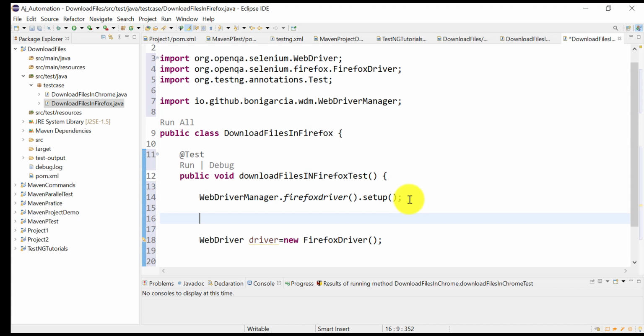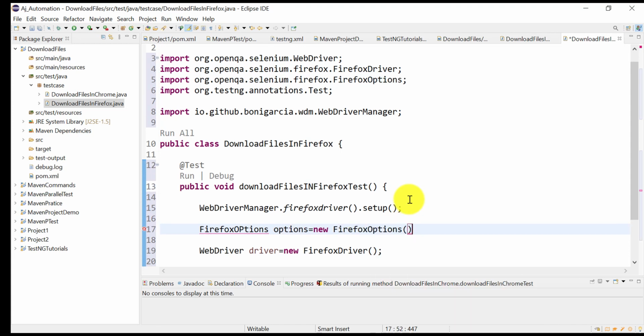So as I already said, we need to use the Firefox profile class to set the preferences, and then we will use the Firefox option object. So let us create the object for both the classes. Options equal to new Firefox options, okay.